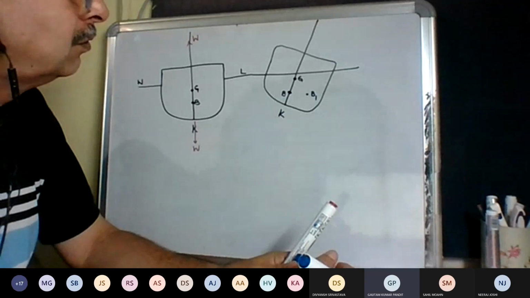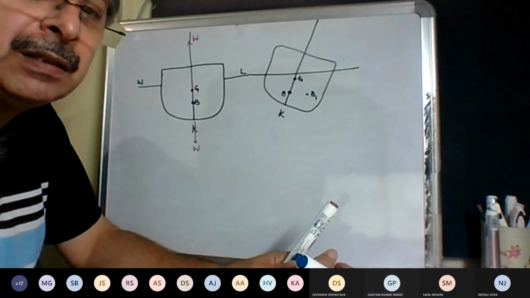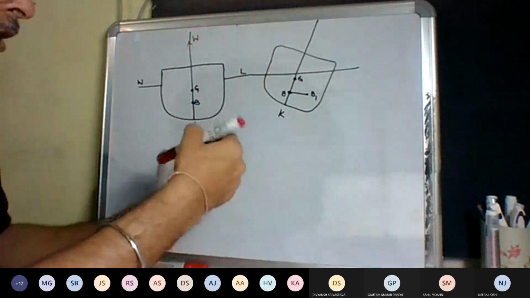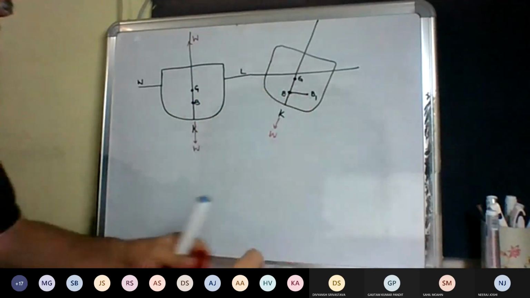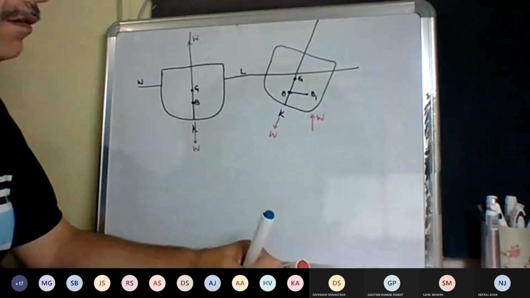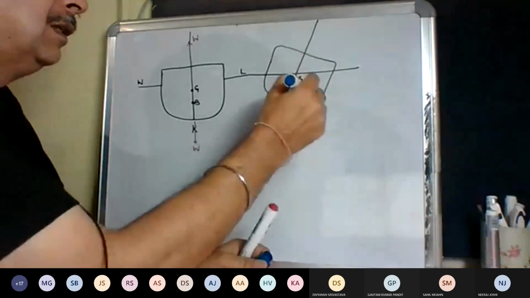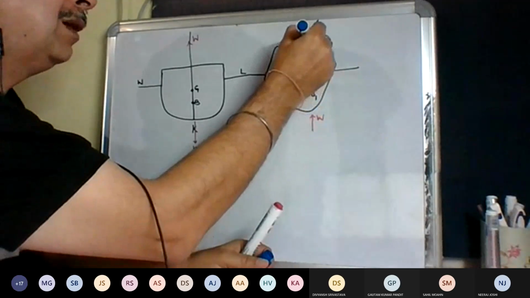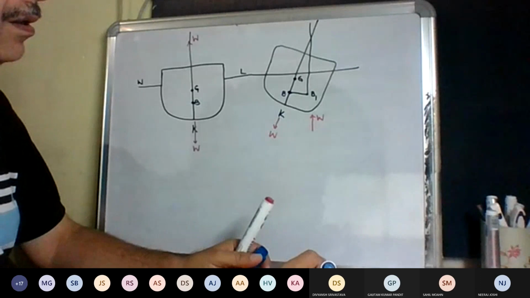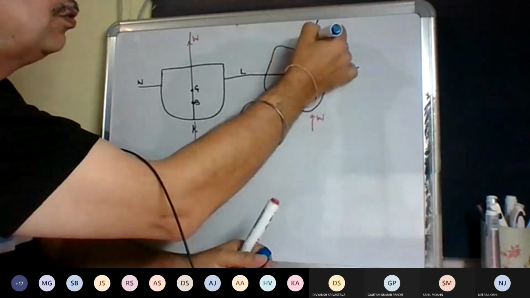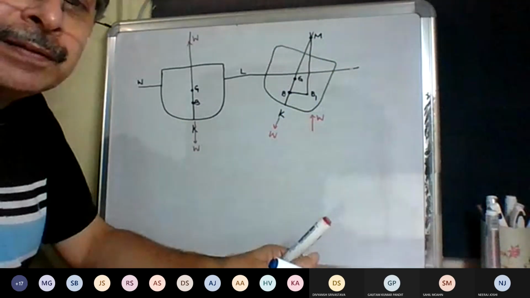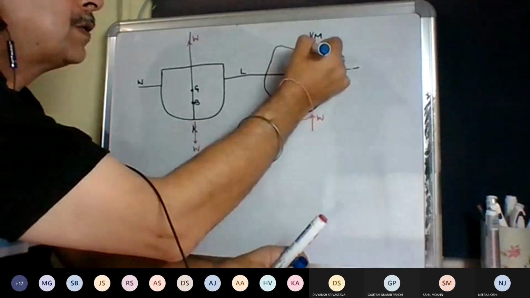Yes, sir. Okay. So if my B1 shifts in a direction like this, now the situation will be that W through G is acting like this, and now my force of buoyancy equal to W is going to act vertically up through B1, and so this will be my vertical, which will go up like this. Where this meets the original vertical line, that point we are naming M, the metacentre. This is my theta.